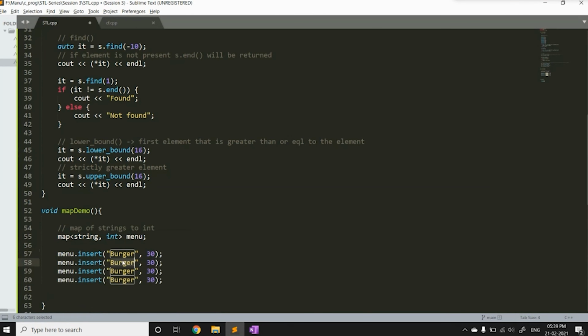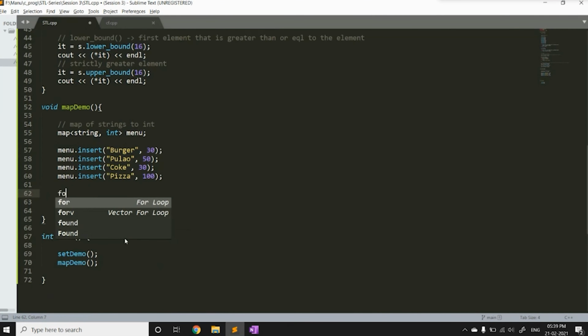Burger, let's say, and say pulao, let's say 50 rupees. Let's say Coke, 50 rupees. And let's say pizza, 100 rupees.